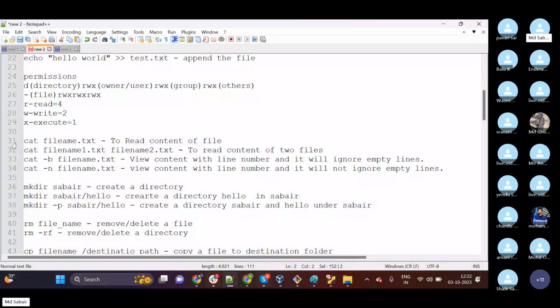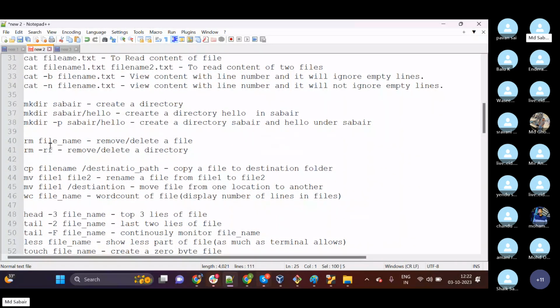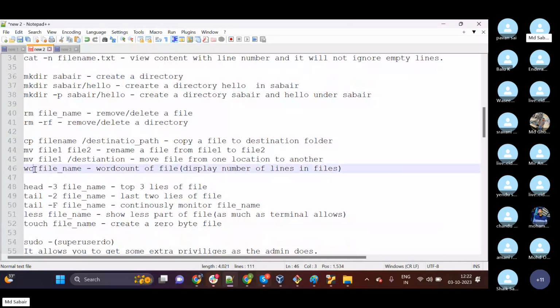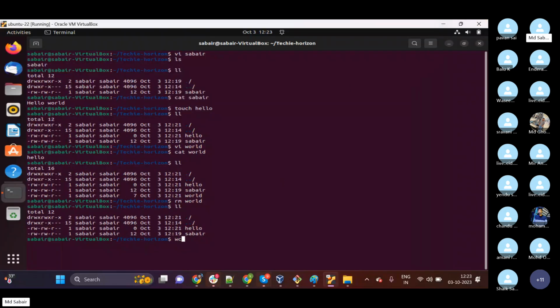Okay, so see cat, this is what we have executed. This is still pending. I will try to explain this. And then rm, cp, and WC will help us read the word count, meaning how many lines are available. For example, WC software, we have got the complete details.